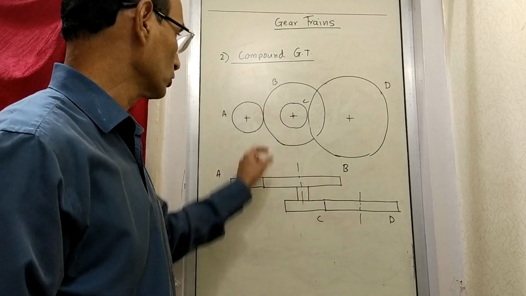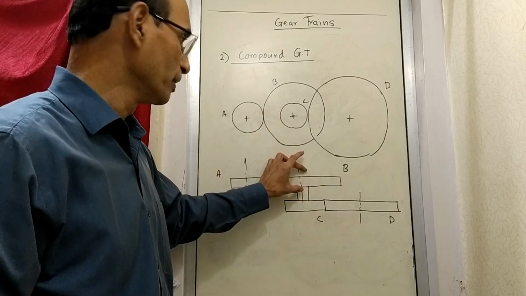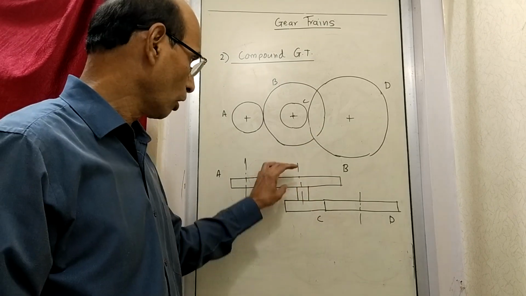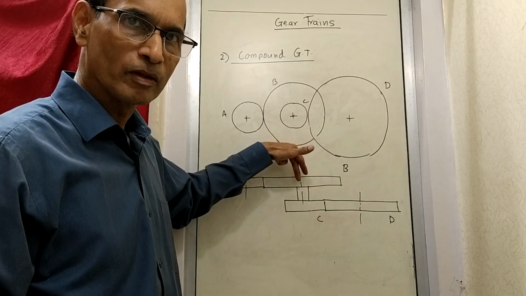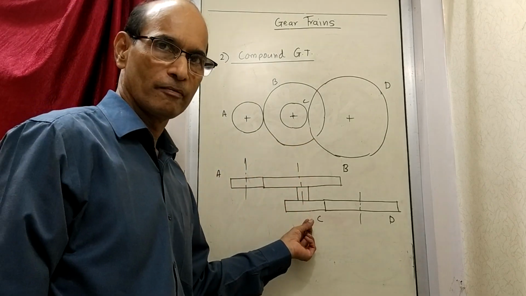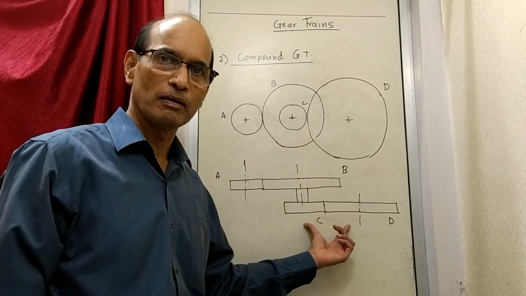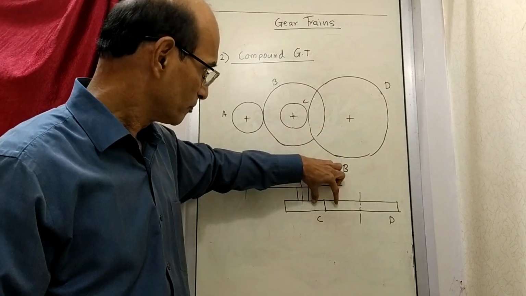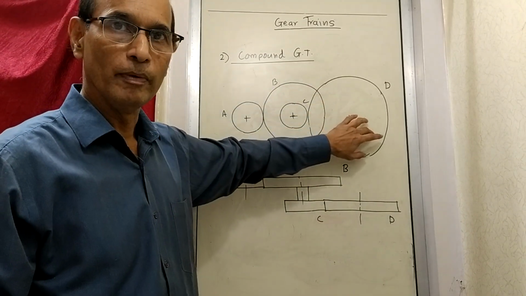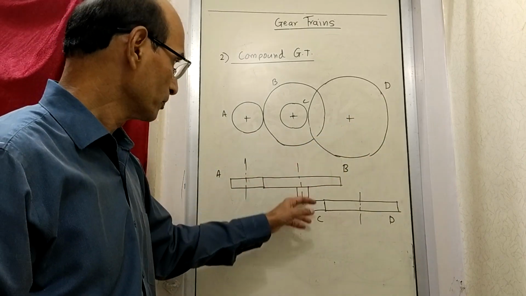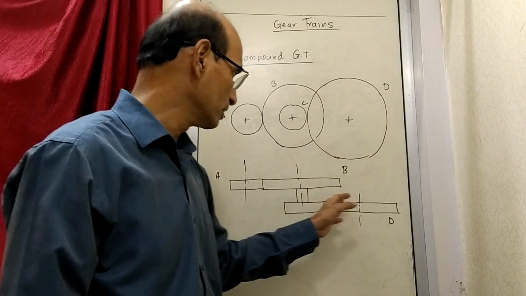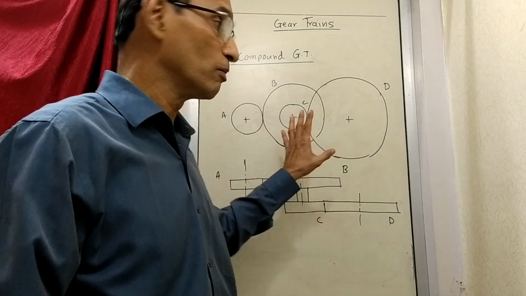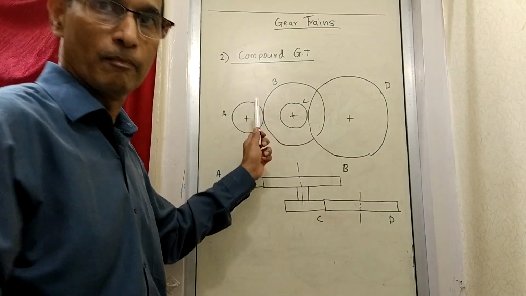So when A rotates, because of that B will rotate, and once B rotates with the same speed, because they are integral, they are one piece, whichever way B rotates, with the same speed C will rotate. And then C and D again is a simple gear pair. So C will drive D, and then that power will be transmitted from A to B, B to C is already there, and then from C to D. Now what happens in this case? What will be the advantage of this case? What are we going to get by this case?